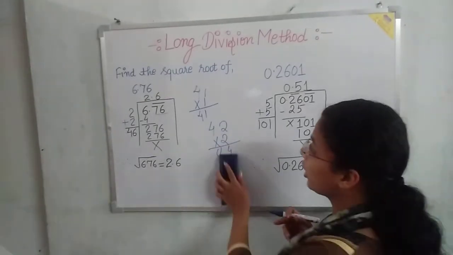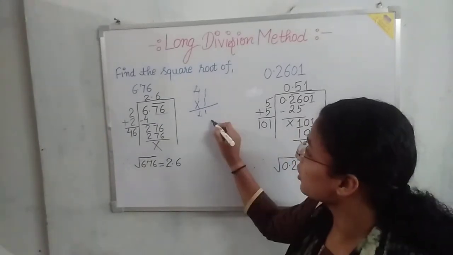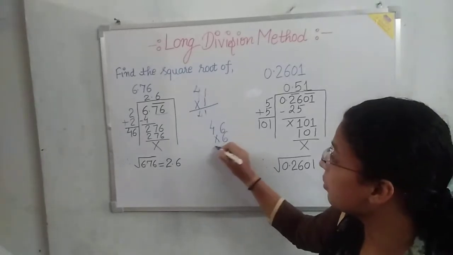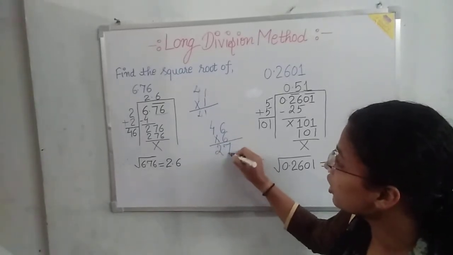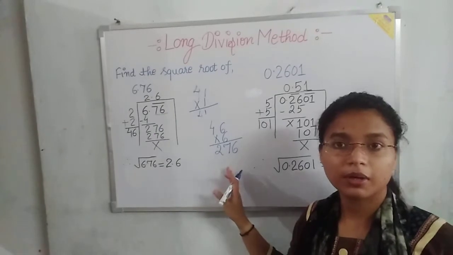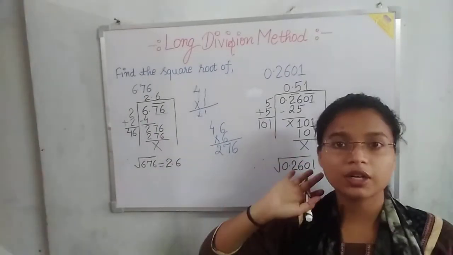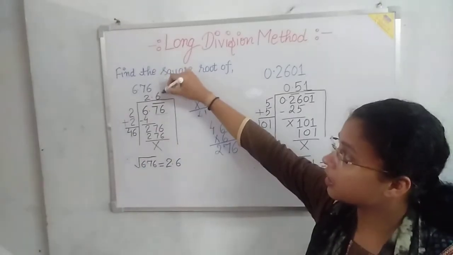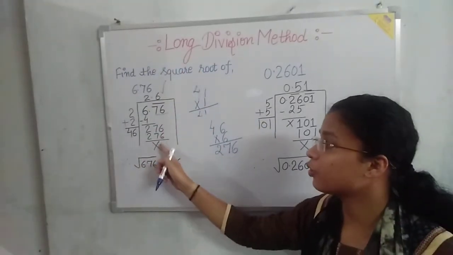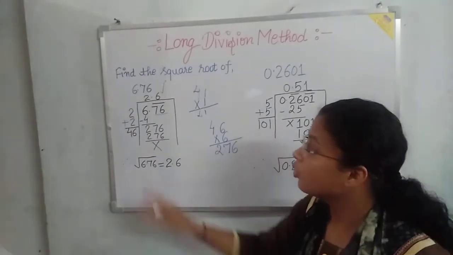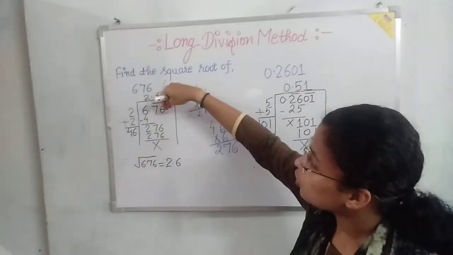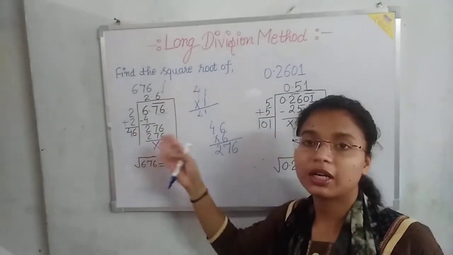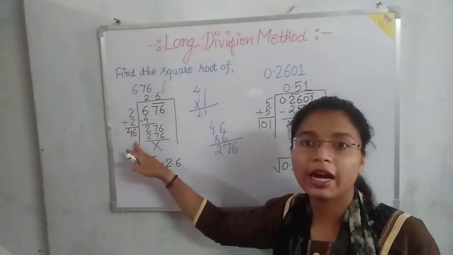Now again in this procedure, when you check this 4, in the back side you will write 6 and again multiply with the same number 6. When you multiply, you will get 276. We want a number equal to 276 or less than 276. We get 276. So write here 6 and again 6 times, and then 276, and when you multiply, you will get 0. No need to add here. If so many numbers are there in the back side, then you have to add them, but if this is the answer, no need to add 6 in it.